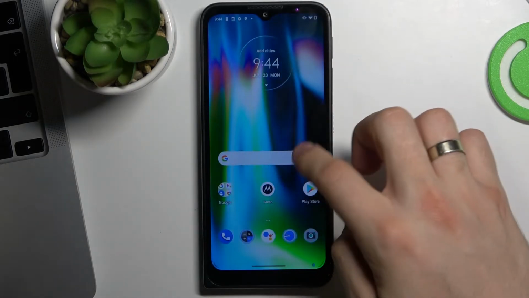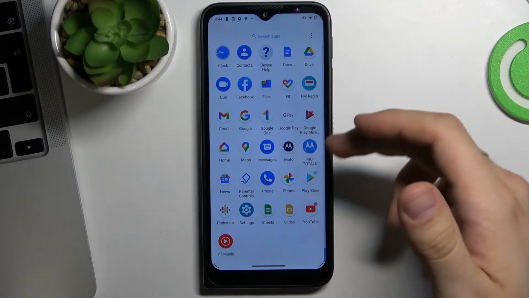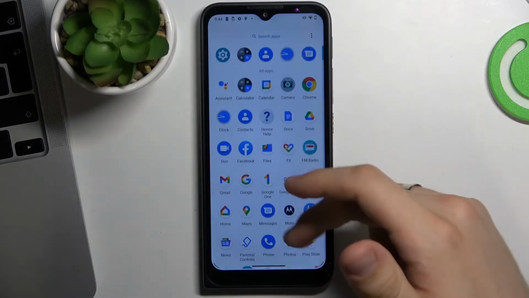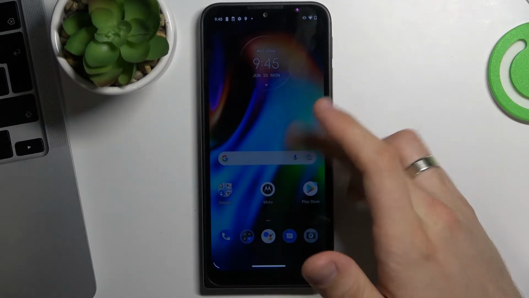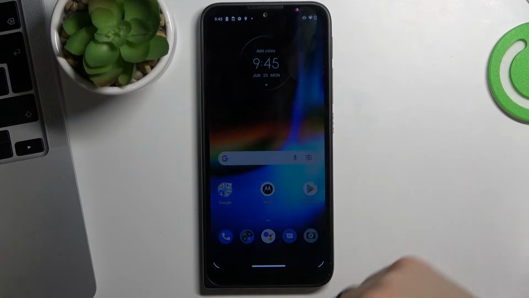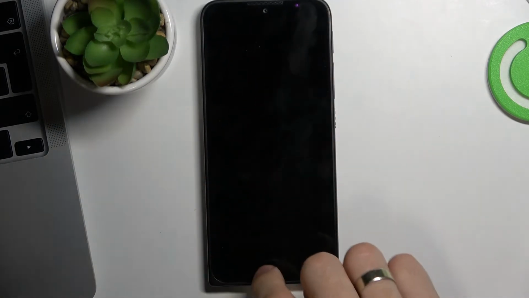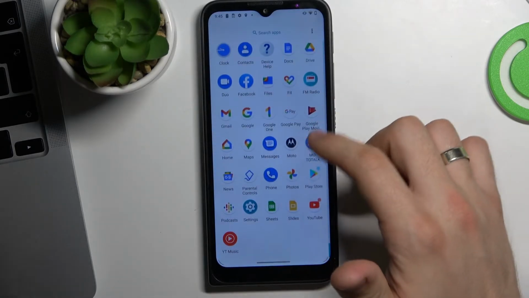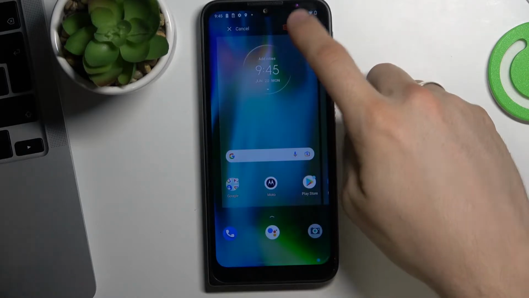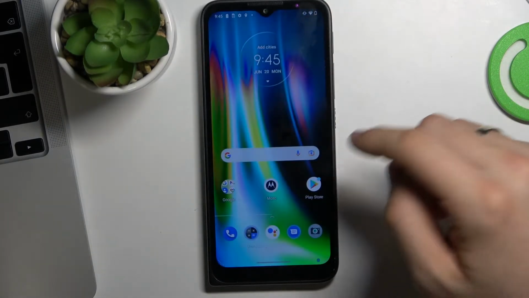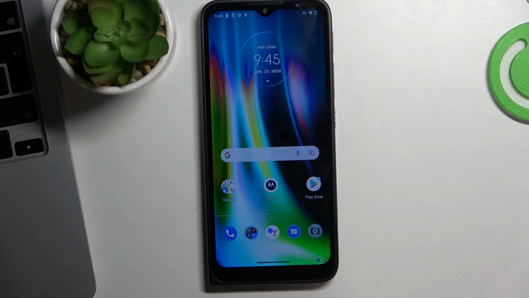Cool. Now open your apps menu, and if you open the apps menu you will see that all applications have been successfully unlocked on your device, and now you can delete the Parental controls application from your device. So delete Family Link, and cool. Now we can